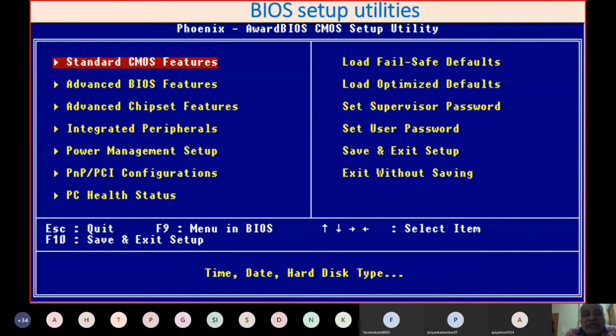That means by pressing F10, you can save and exit this particular screen, or without saving, you can just press escape or select this particular option. So this is a DOS-based utility, or text-based utility. Against this text-based utility, in UEFI you will find a purely graphical utility. This is the basic difference between the older BIOS and the new BIOS, or UEFI, coming with your new computer systems, which is text-based as well as more or less graphics-based. So these are the settings of the BIOS.